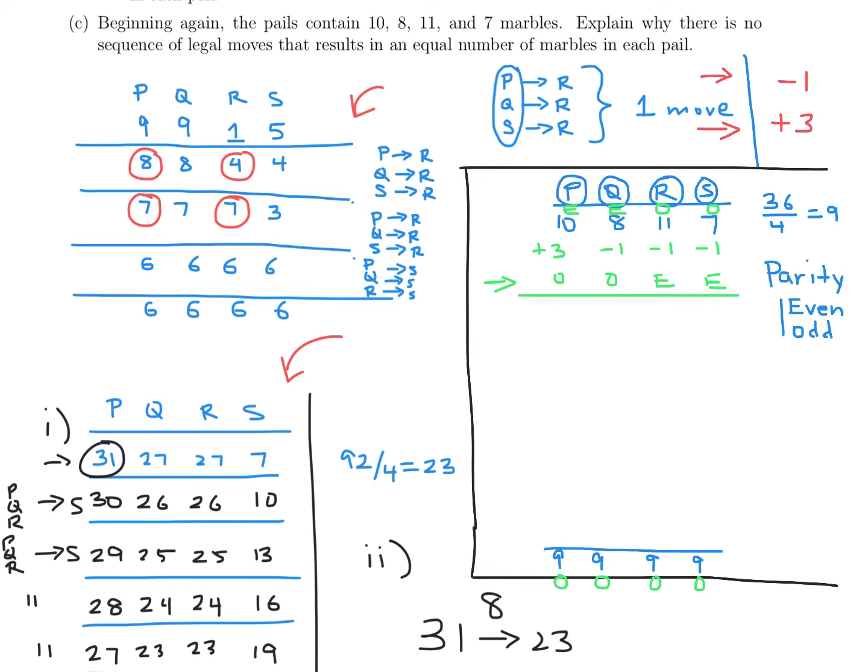Let's say, instead of that move, I did this move. I did a +3 here, and then the other ones were -1s. Starting with this now, with the same thing. Well, it'll go from 10 to 9, which is odd, 8 to 11, which is odd, 11 to 10, which would be even, and 7 to 6, which would be even. So again, I got 2 evens